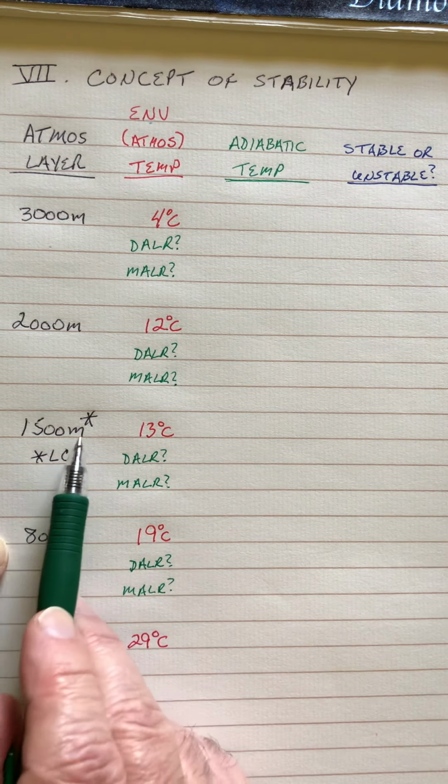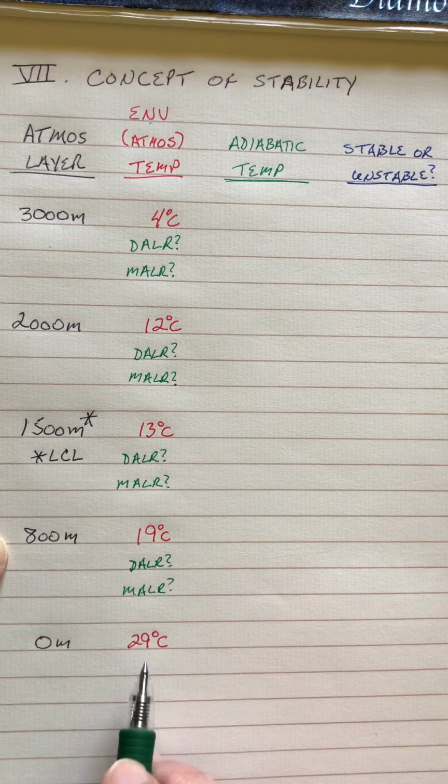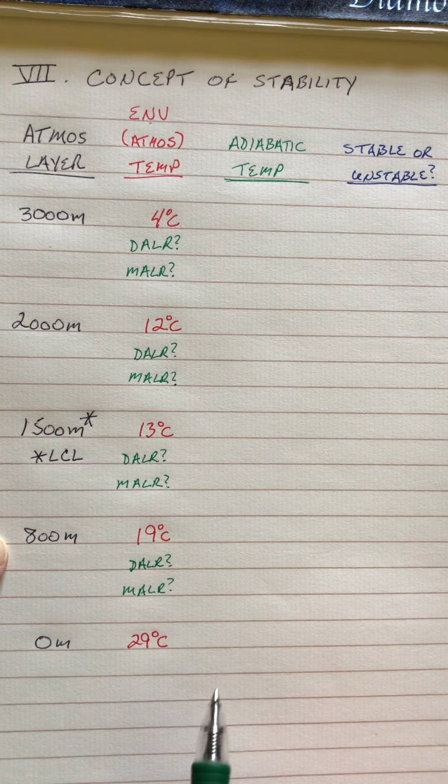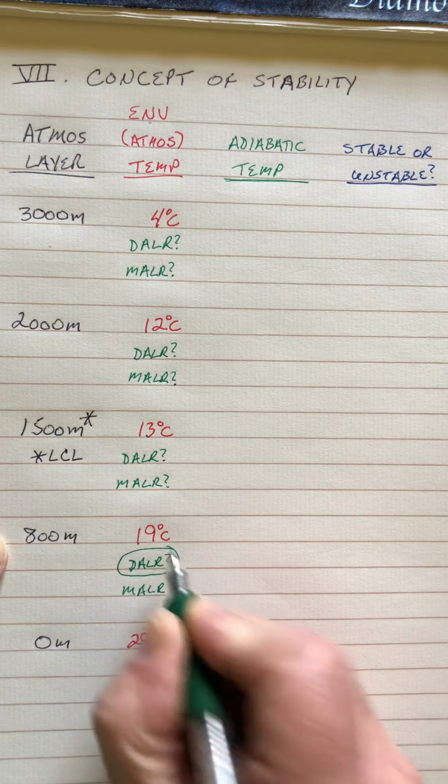Okay, well, notice that I gave you in this problem that the lifting condensation level, the level to which we have to lift the air for condensation to occur, takes place at 1500 meters. So if that's the LCL, that's where relative humidity reaches 100%. So at the surface then, that implies that the air is unsaturated, so we're going to use the dry adiabatic